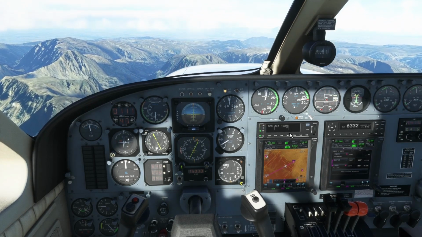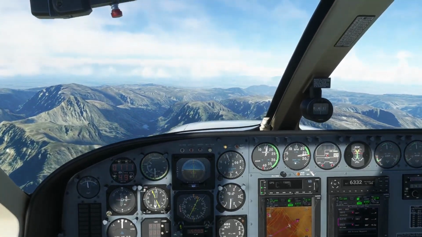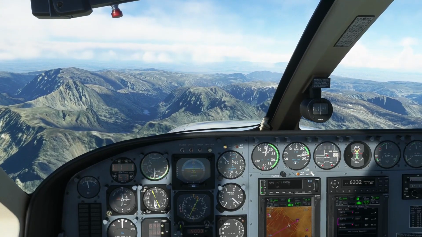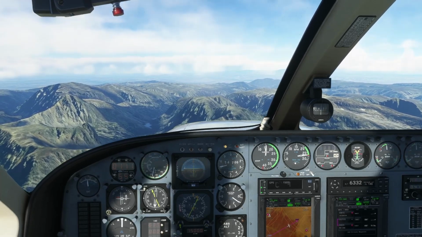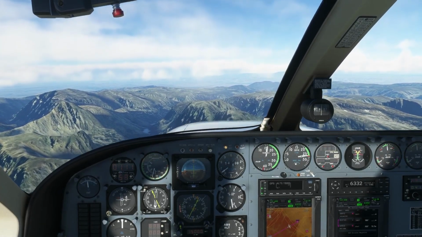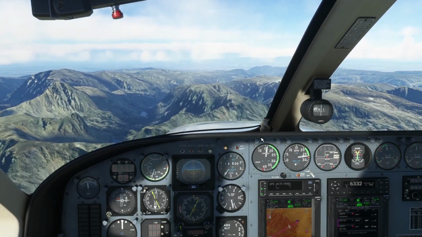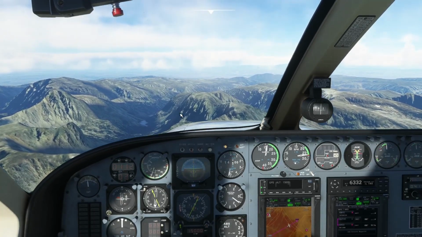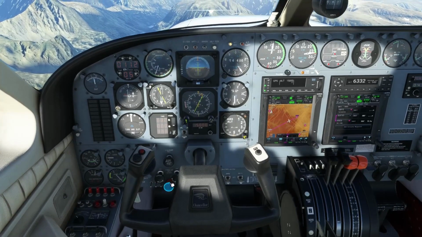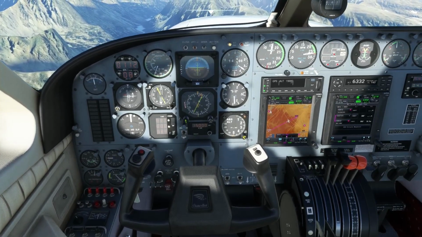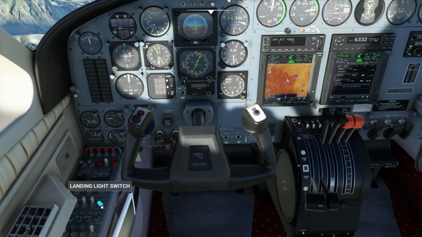And now we're going to begin a descent here. And we're going to go ahead and fly through the mountains. Just to be kind of safe with this approach, we are going to stick to the right-hand side. That way if we need to take any evasive maneuvers, we got the whole left side of the valley to make those maneuvers. Let's go ahead and get our landing lights extended